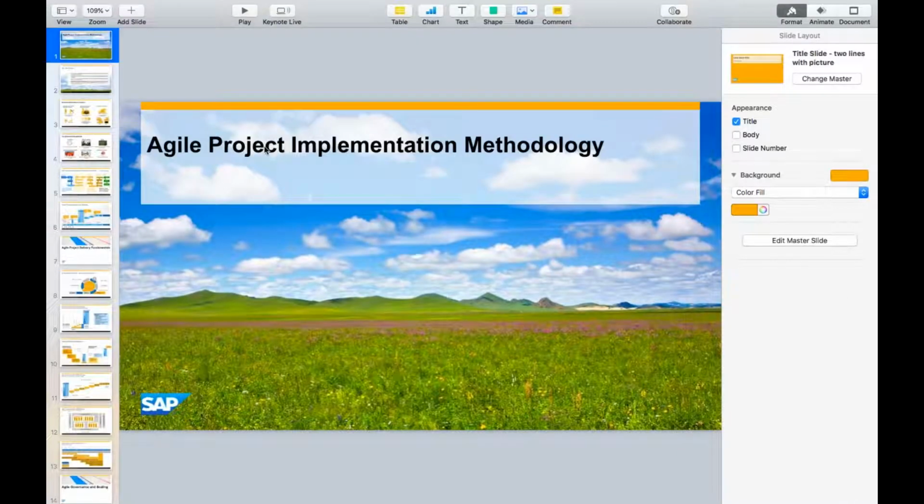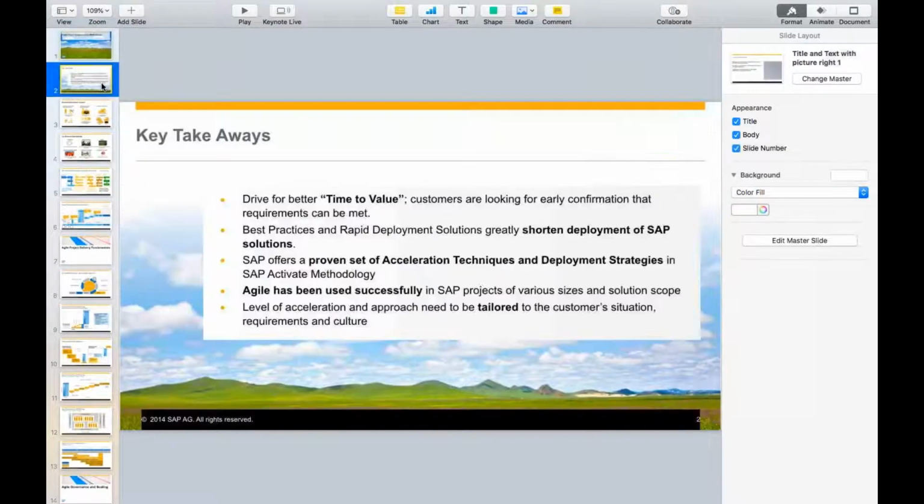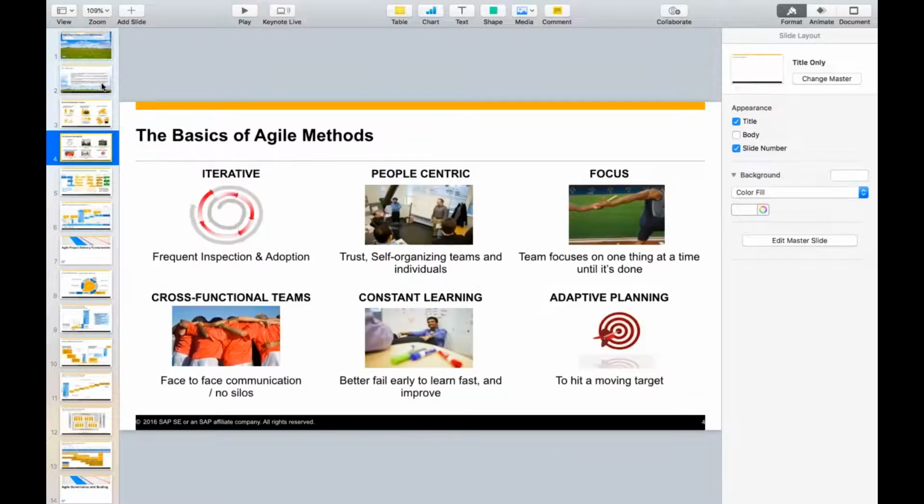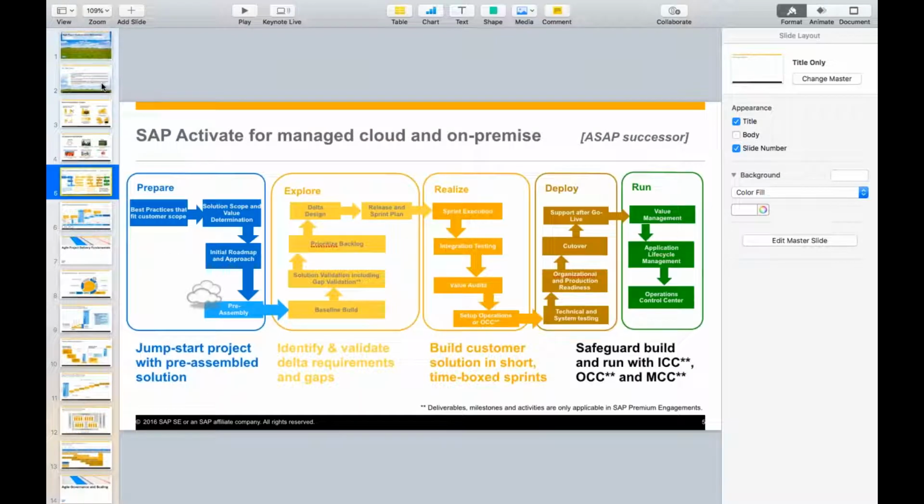Right? So how the agile project management methodology is different. You can see, you can give this training to the team. You can always explain to the customer how we are going to follow the agile approach in this particular implementation project, what the benefits of going for agile are, how agile will work. What are the different phases in SAP Activate? Just now we discussed prepare, explore, realize, deploy, and run. What are the activities that we are going to carry out in each and every phase? All those things are very properly explained